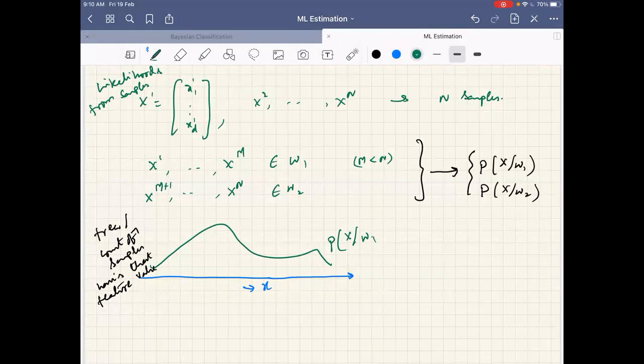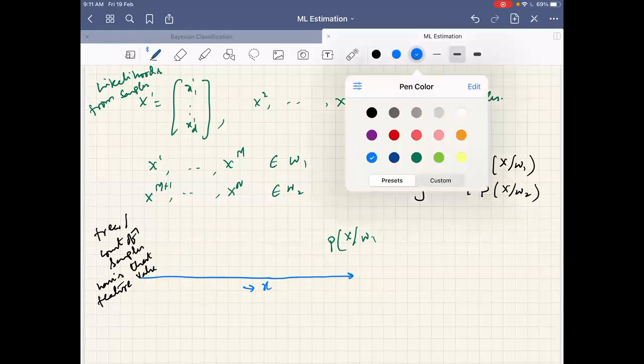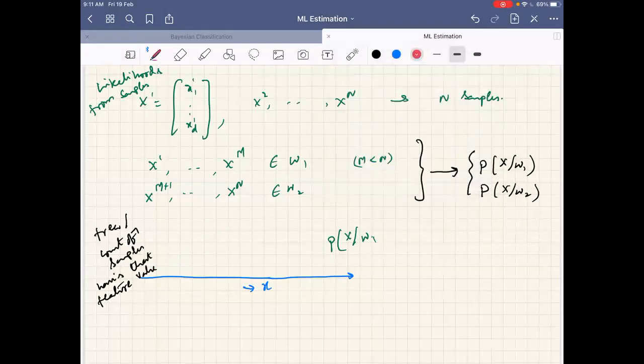Am I correct or not? Yes, sir. So what should I do? We plot only from x1 to xm on one plot. Right. And I need to anyway get the histogram. That is correct. But which sample should I take? The samples of only one class. So let it be P of x given omega 1, that is omega 1 samples only. I have taken the samples x1 to, I will write xm, and using these samples I have plotted this.